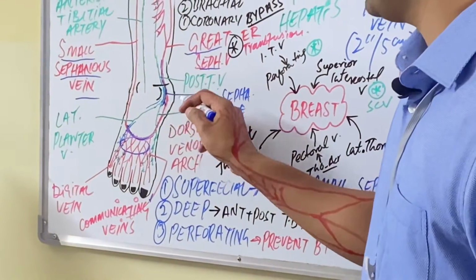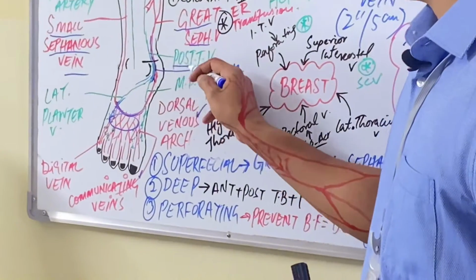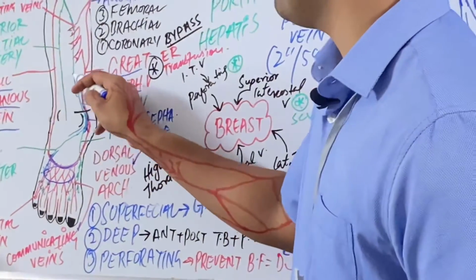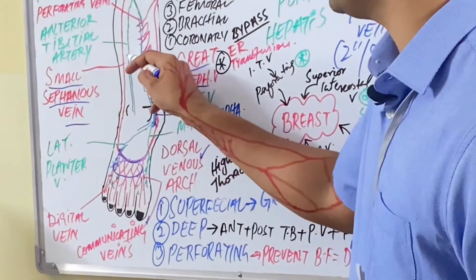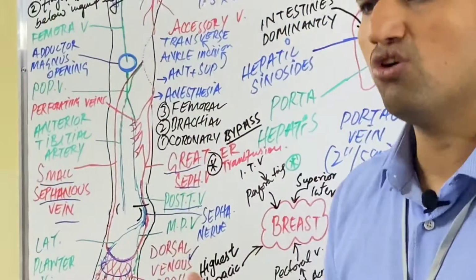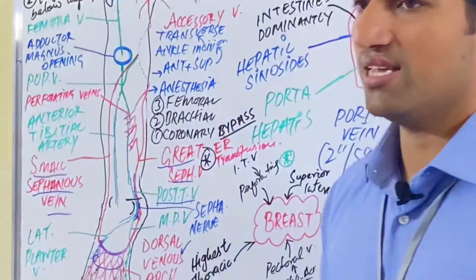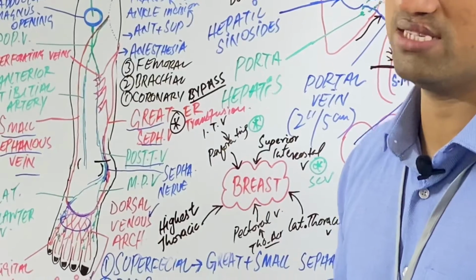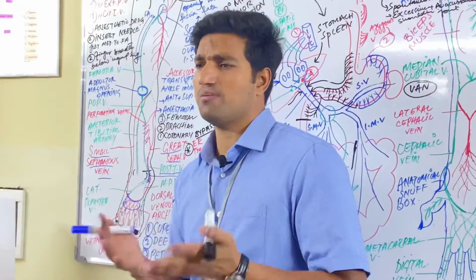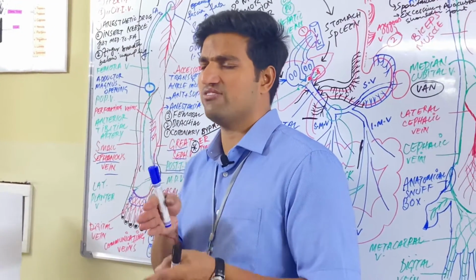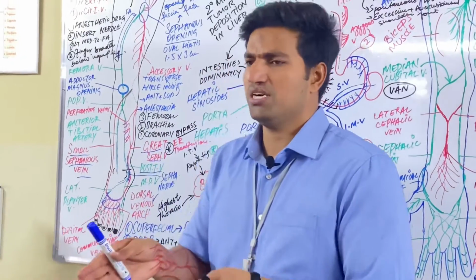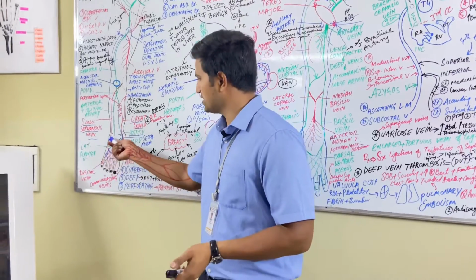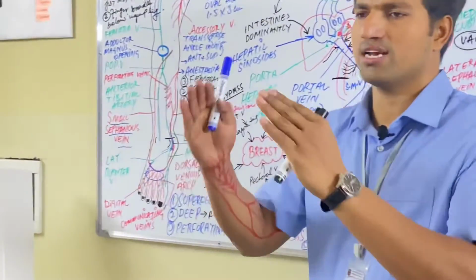So the posterior tibial vein is made by the lateral plantar vein and medial plantar vein, and they will go upward, and here we have the anterior tibial vein. They will join together at the lower border of the popliteus muscle, as we discussed in the arterial system, in the same but opposite direction. How is it opposite? The popliteal artery was dividing into the anterior tibial and posterior tibial arteries at the level of the lower border of the popliteus muscle, and in the same way the anterior tibial vein and posterior tibial vein join together at the lower border of the